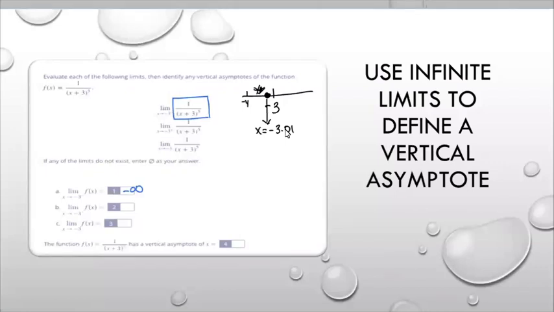All right, so we have 1 over negative 3.01 plus 3 to the power of 5. Then we have 1 over negative 0.01 to the power of 5, because that's the difference between those two numbers. If we do 0.01 to the power of 5, that is a very, very small